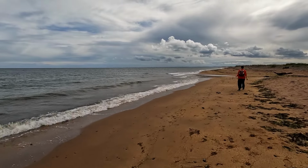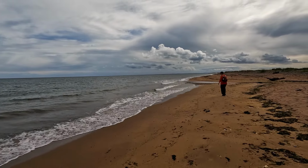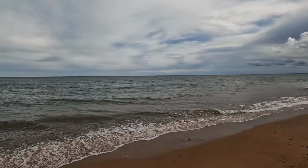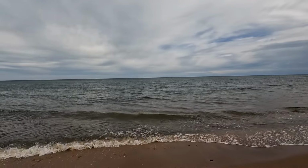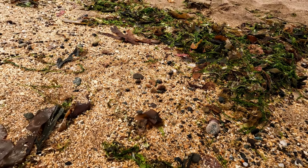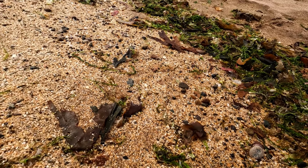So we're going to come up here to where Nicole's heading, and that's the mouth of a little burn that leads out into the expanse of the sea here. Now I have spotted a wee piece of sea glass just off in front of me. Now the real question though is,